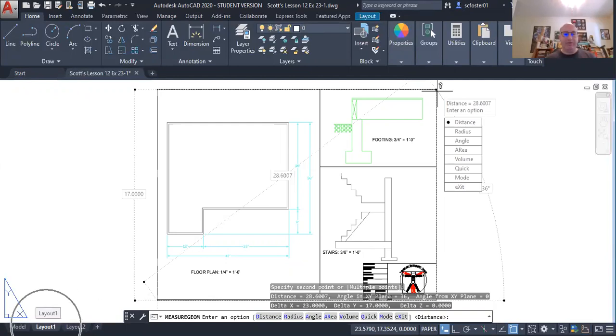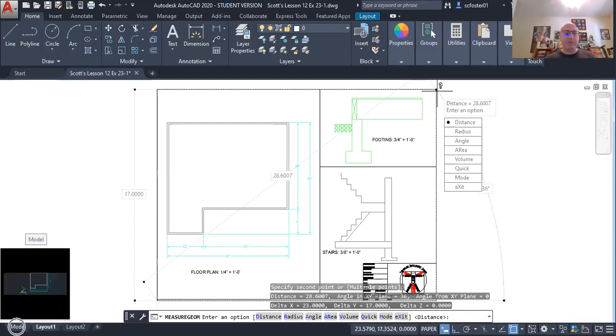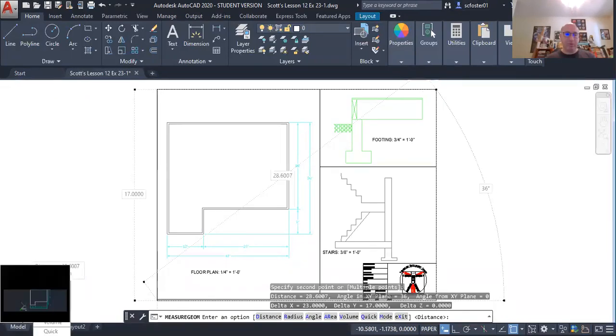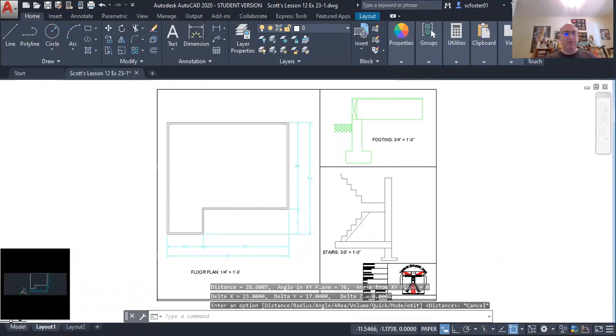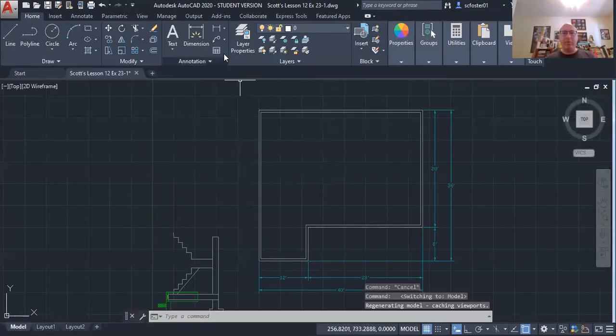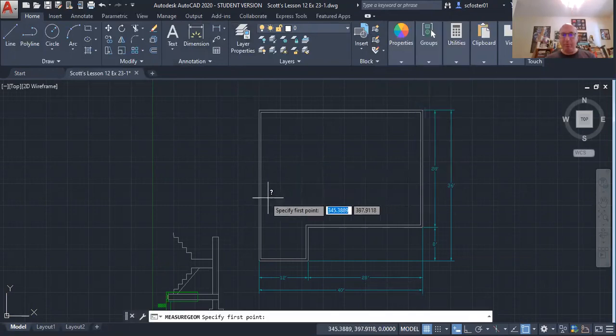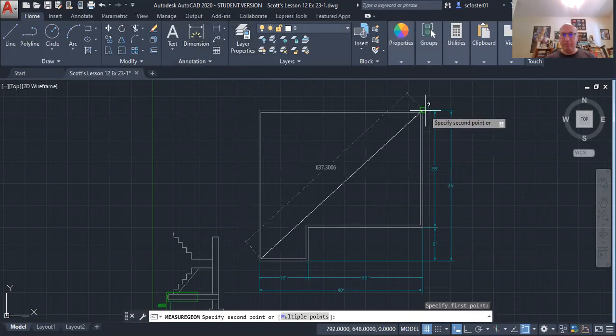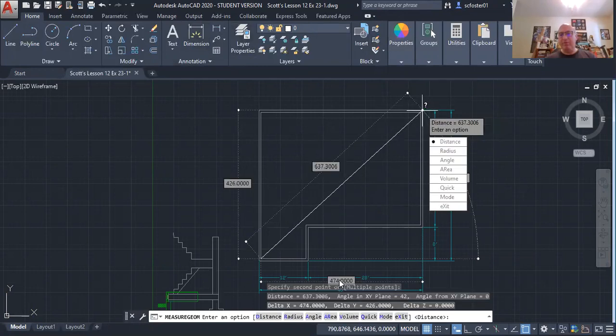But this is in layout, so if we notice down at the bottom, you got a white background and it says layout. It will also, on the status bar down at the bottom right corner, say paper. If I click on the model tab, now if I were to measure the distance of this floor plan,